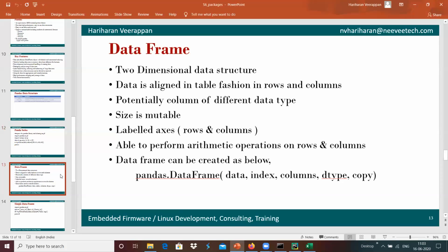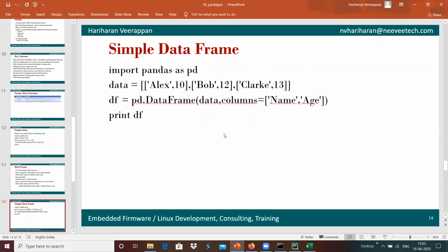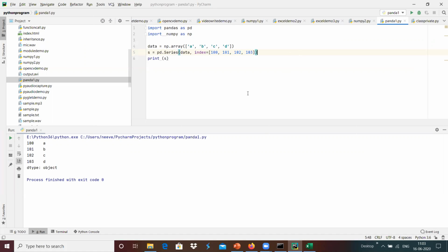We can do arithmetic operations with data frames, and we will see how we can define a data frame with pandas.DataFrame over here. And I'm going to define something like Alex, Bob, and Clark as names.